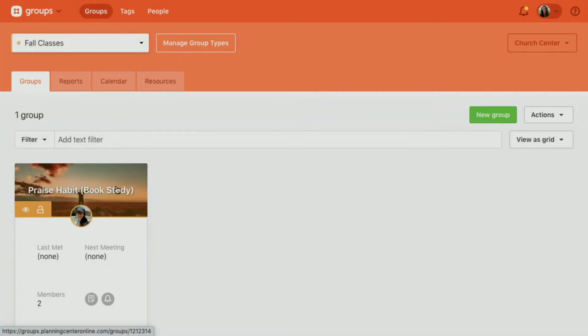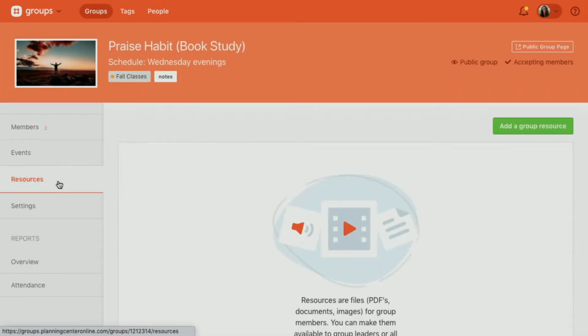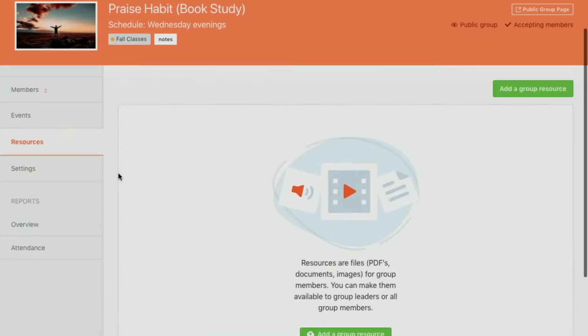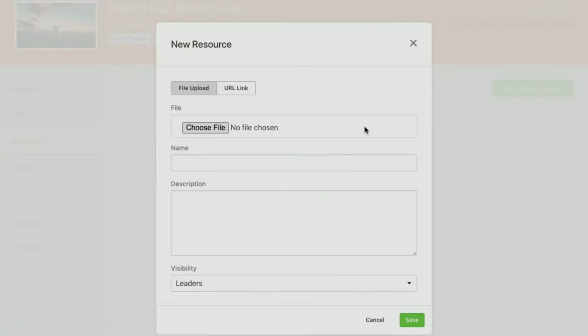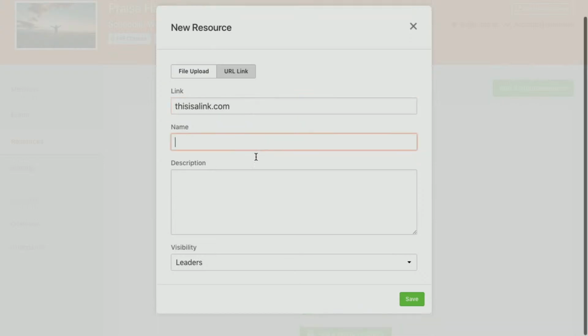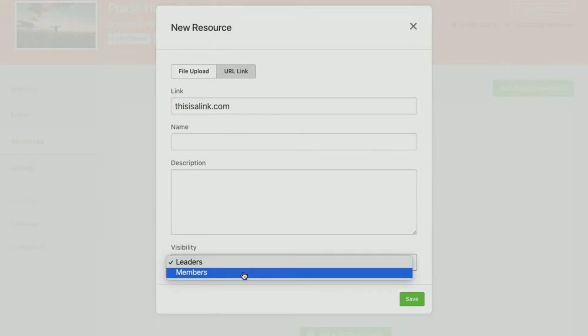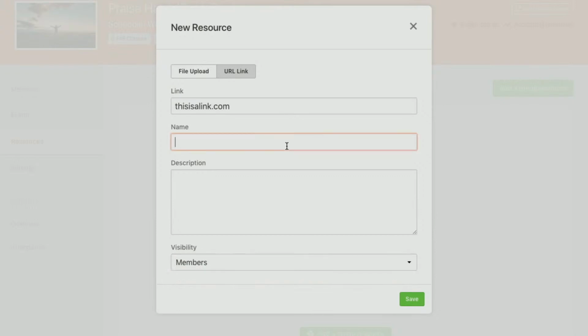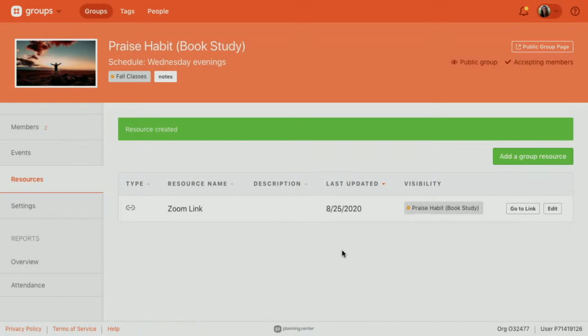I'm going to the resources page. Yeah, so because this event already meets at our Carlsbad campus, adding a resource to just this group, this is a link. I could add this and make it available to my members so that if they didn't want to join our group in person, this resource would be available to them and they can just join from that link.